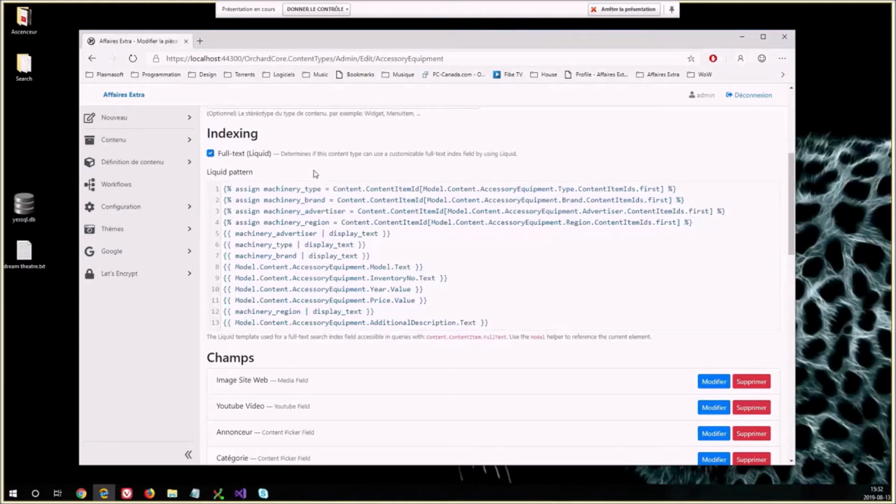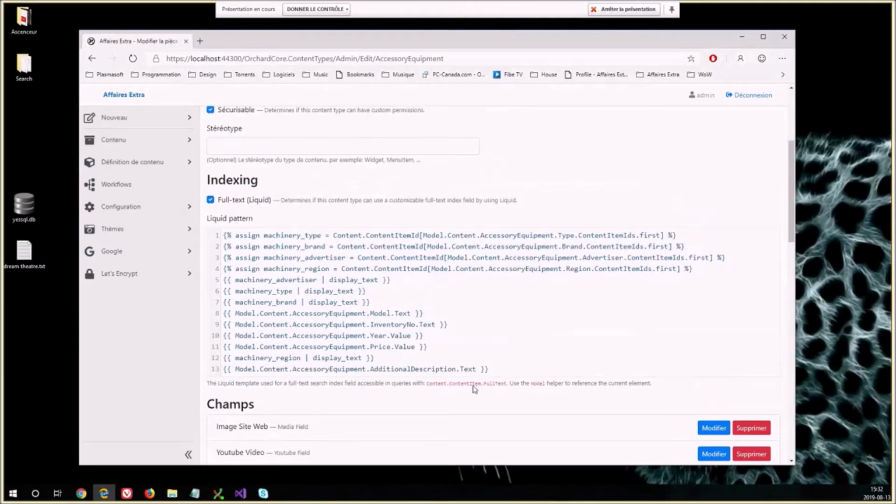We use Content.ContentItem.FullText to access this field, and it's a field that is only analyzed, not stored in Lucene. So it's going to tokenize every string, every word or thing that it finds in that field.